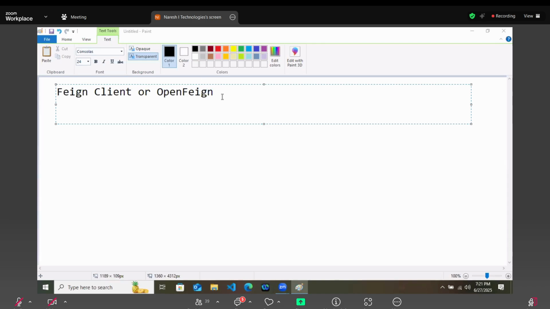So, what is Feign client? Srikar, you attended yesterday's class? What did we do yesterday in class? Developing a microservice project? Yes or no? What was the project that we were developing yesterday?